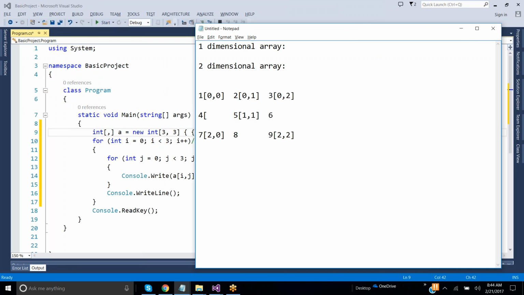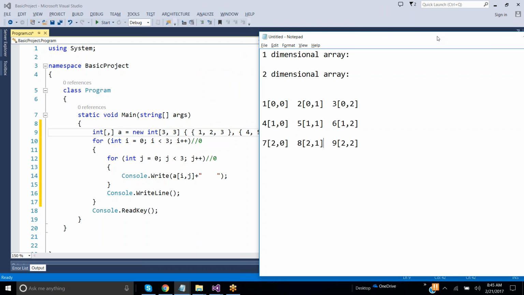How to get the 4? 1, 0. How to get the value of this? 1, 2. How to get the value of this? 2, 1. Now listen here very carefully. What is the value of 0, 0?